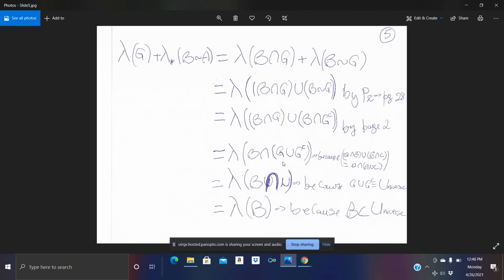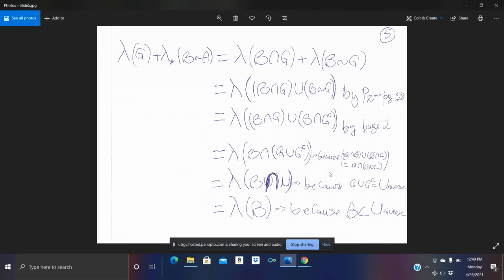And from there we know that G union G complement is actually the universal set, the universe. So we replace it by that here. We get B intersection the universal set. That is because G union G complement equals the universe. And since B is a subset of the universe, the intersection is B itself. So that's how we're able to prove this here equals the Lebesgue measure of B, but we still have a